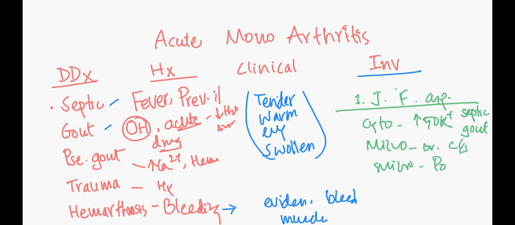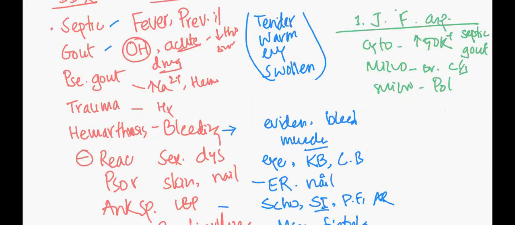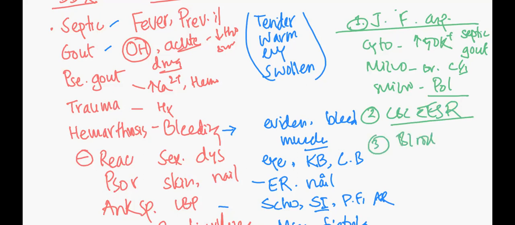Microscopy, you have to do the polarized microscopy, and if the polarized microscopy shows needle-shaped negatively birefringent crystals, that means the patient has gout. And if the patient has rhomboid-shaped, positively birefringent crystals, that goes in favor of pseudogout. So this is the first investigation. Next, we will do the CBC with ESR, which usually shows neutrophilia and high ESR. We can also do blood culture, which will be positive in patients with septic arthritis and may also be positive in patients with